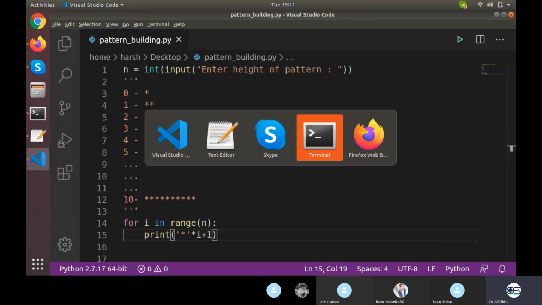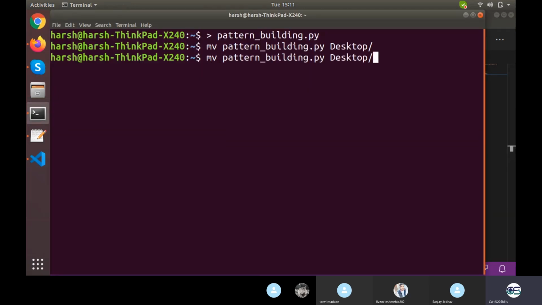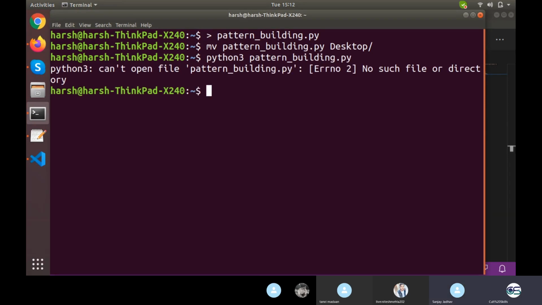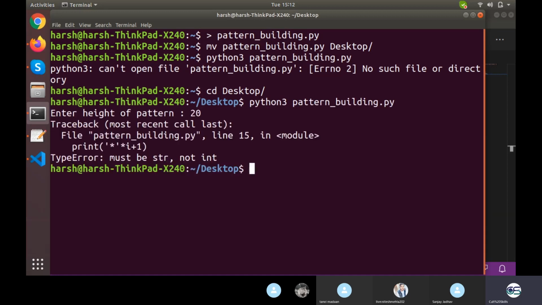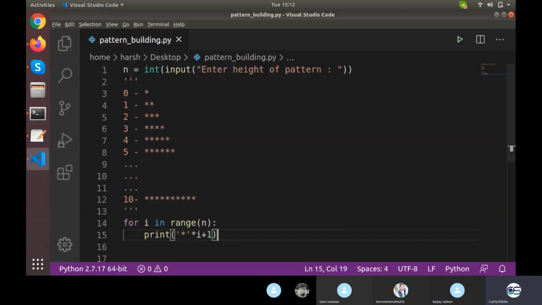Okay, let's execute this. Number of stars: I want the height to be 20. Must be a string, not end, fine. There is a problem.